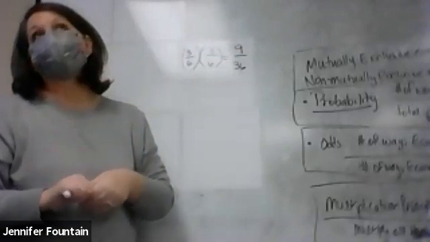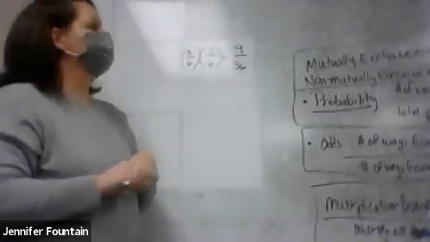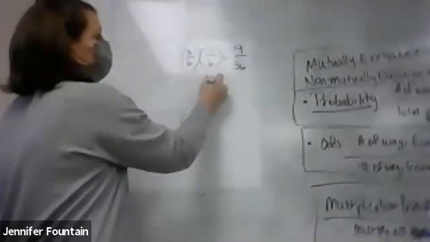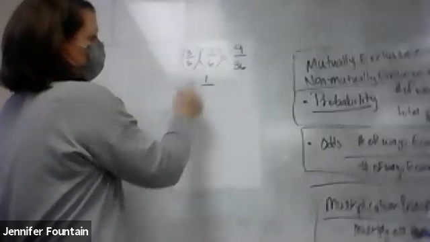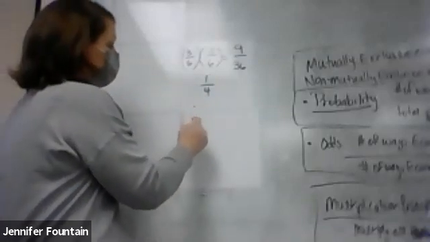3. 3. What else? 2. 9. 9. What's 9 divided by 9? 1. What's 36 divided by 9? 4. Yep. Now, if you would have said divided by 3, 9 out of 36, you would say divide by